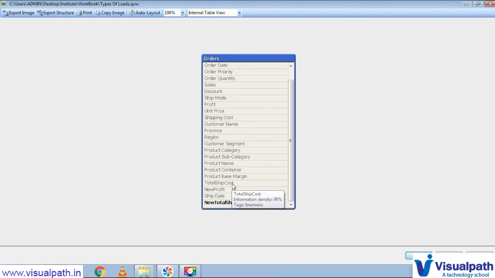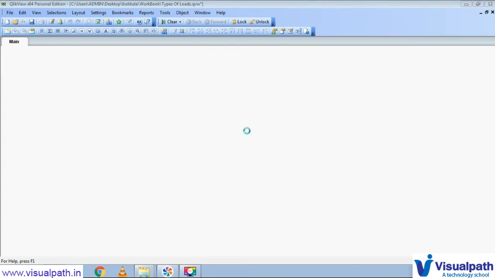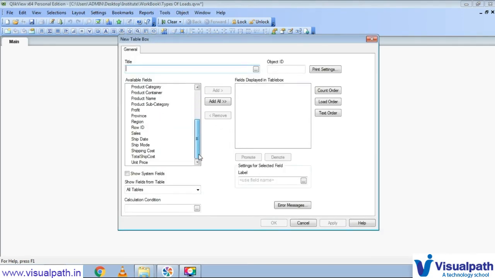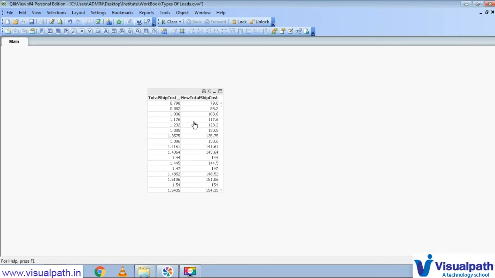I will create a table here for comparison, just for understanding purposes only, so don't worry about it. We will cover how to create these in the table viewer later.